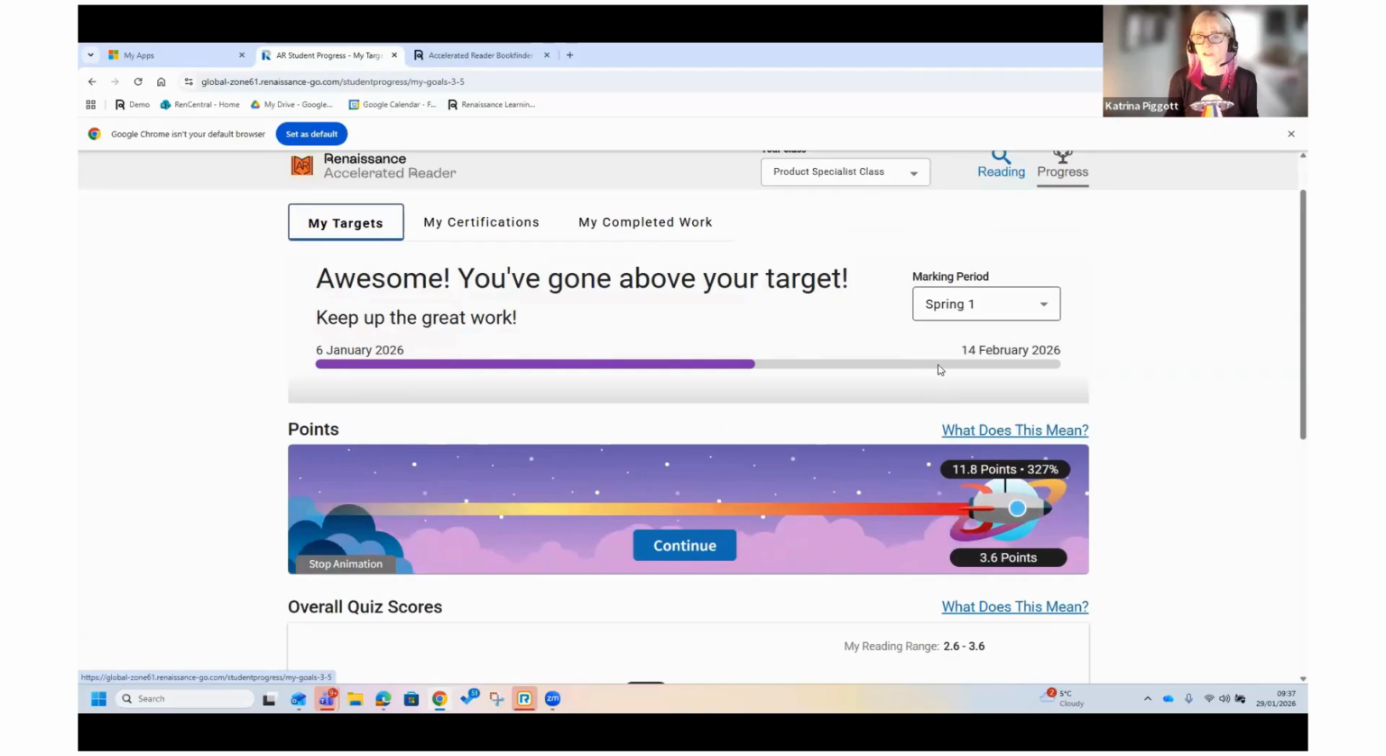So from the 6th of January to the 14th of February, where the purple line stops is today, reading for 15 minutes. And then underneath, you can see his points target this term with 3.6. We can see he smashed it and it tells him there, awesome, you've gone above your target, keep up the great work. If you're tracking day by day with your students, ideally you want the rocket and that purple line